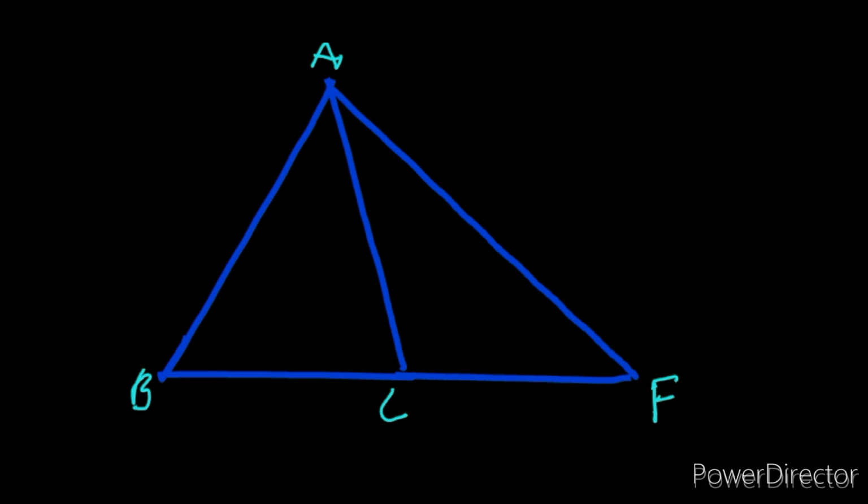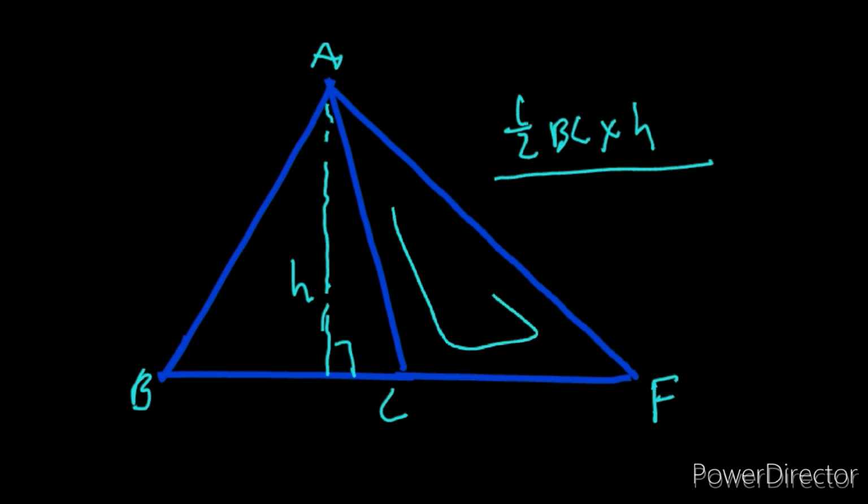Let me demonstrate it. If we want the area of this triangle, it's going to be half of the base times the perpendicular height. The base of this triangle is BC, so it's half of BC times the perpendicular height, which we'll call H. That is the area of the first triangle. Now let's get the area of the second triangle. The base is CF, so it's half of CF times